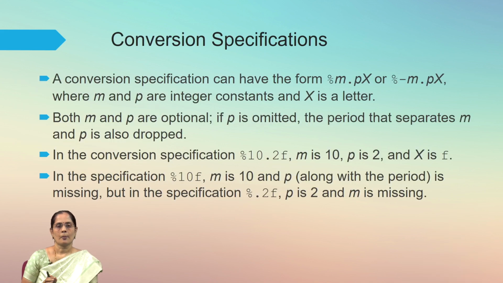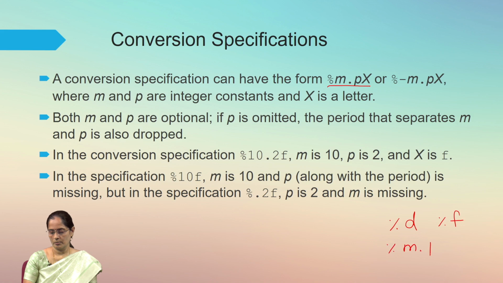With respect to floating point values, there are a few formats to be learned with respect to the conversion specification strings. So, the general format is %m.px, where m and p are integer constants and x is a letter. m and p are optional. If you drop them, if you are not specifying m and p, it will not show any error. That is the reason we can just use %d, %f, but the general format will be